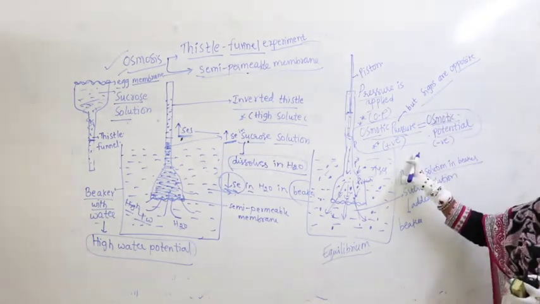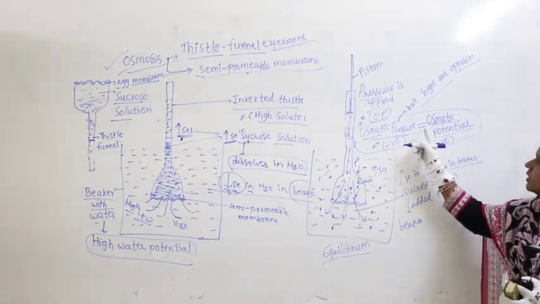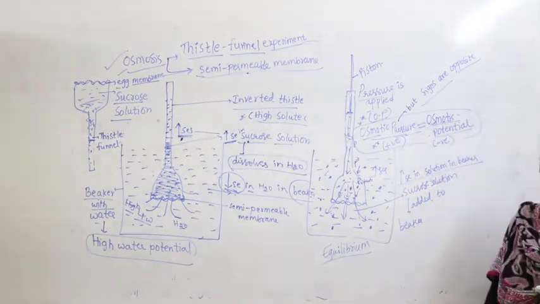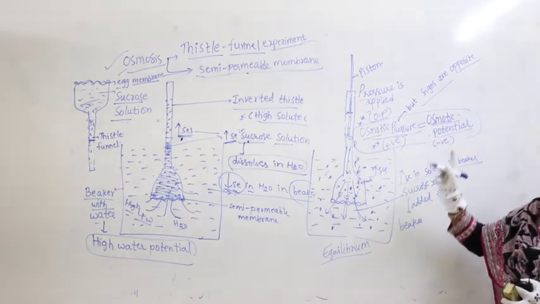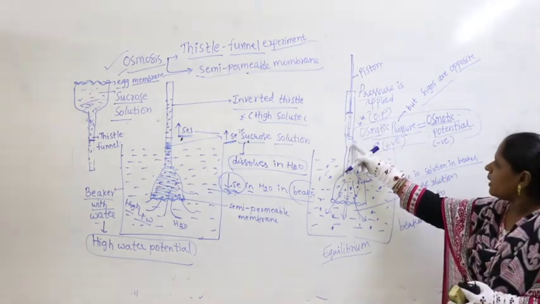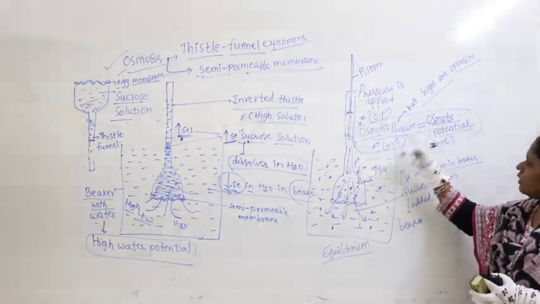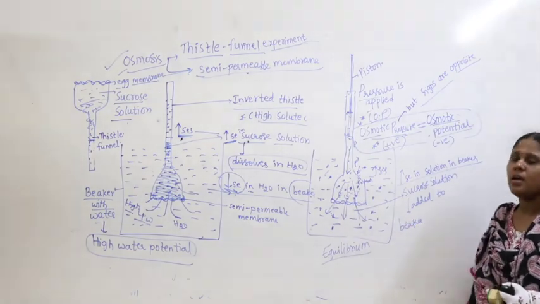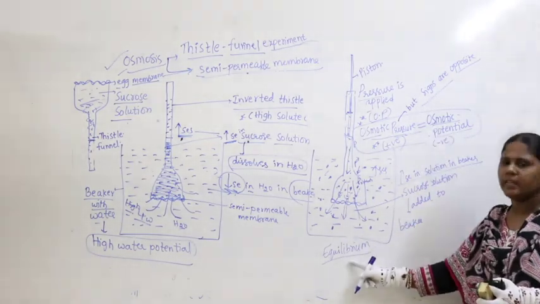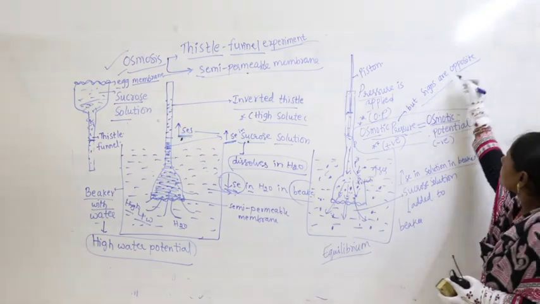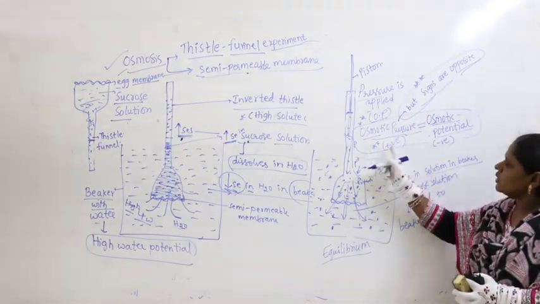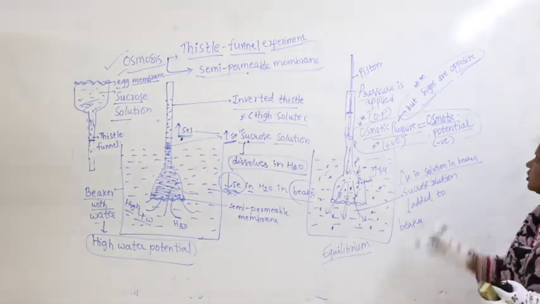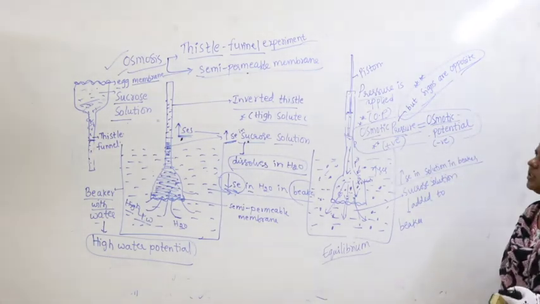The last conclusion point is that osmotic pressure is equivalent to osmotic potential. Osmotic pressure is positive, osmotic potential is negative. How much pressure you apply, that much is the potentiality of the osmosis rate. Even though both are equal at equilibrium, the signs are opposite. This point is important. Osmotic pressure is a positive pressure, osmotic potential is a negative potential.